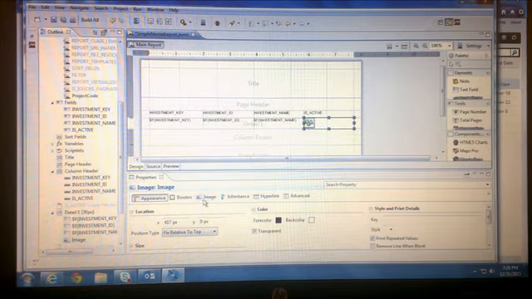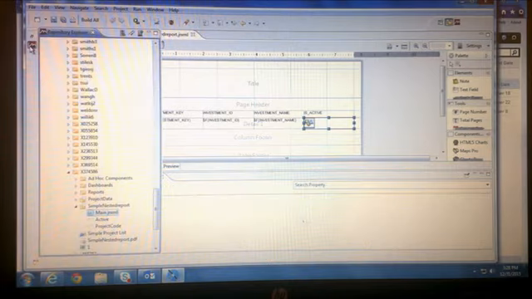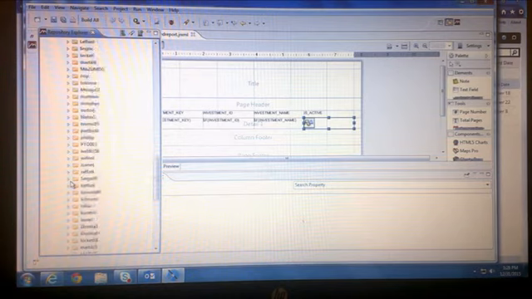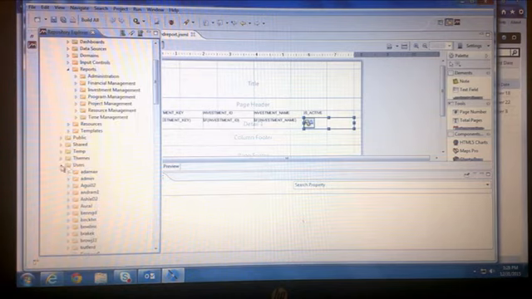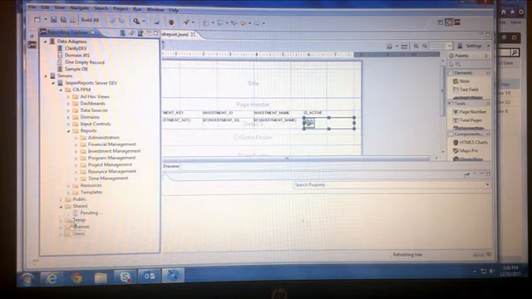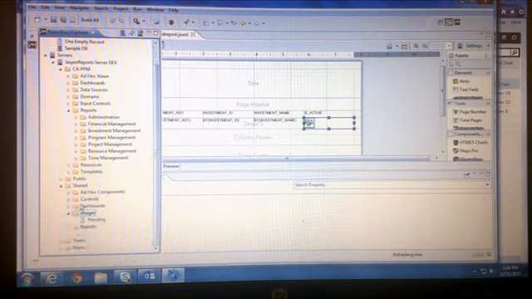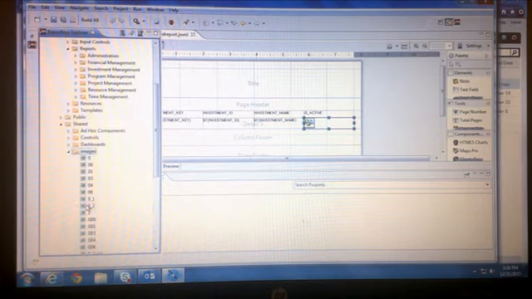So what you do is you create those images on your local machine, drag and drop the images either under the reports folder, which makes them local, but I prefer to put it under the shared folder. And in the shared folder, I created an images folder, and I put all the images here.